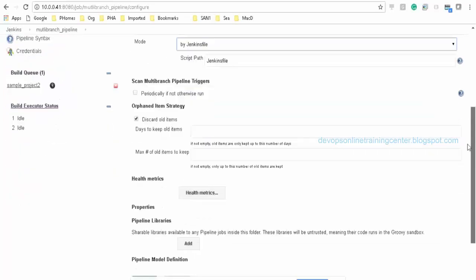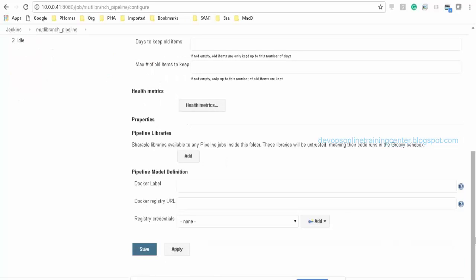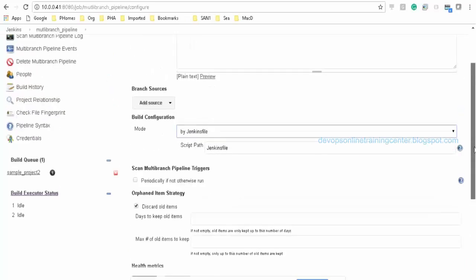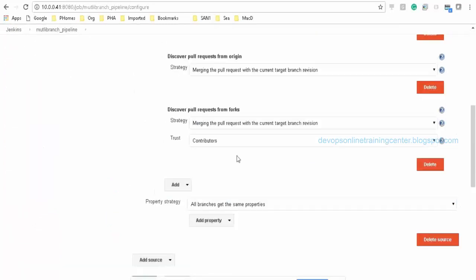Okay. So here we can specify the GitHub.